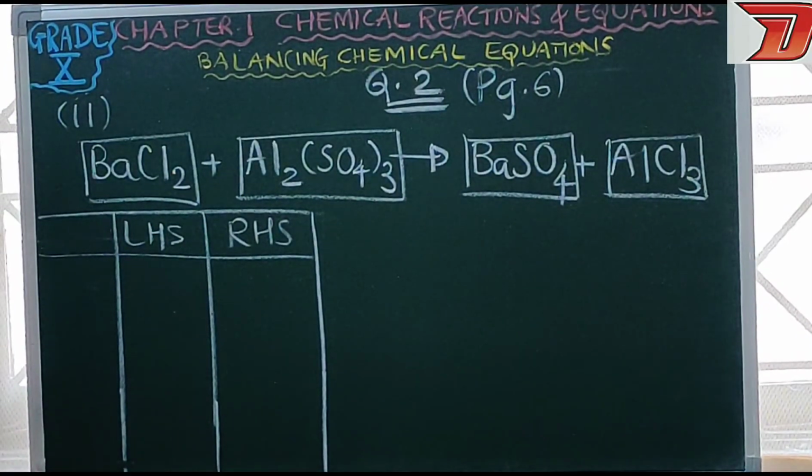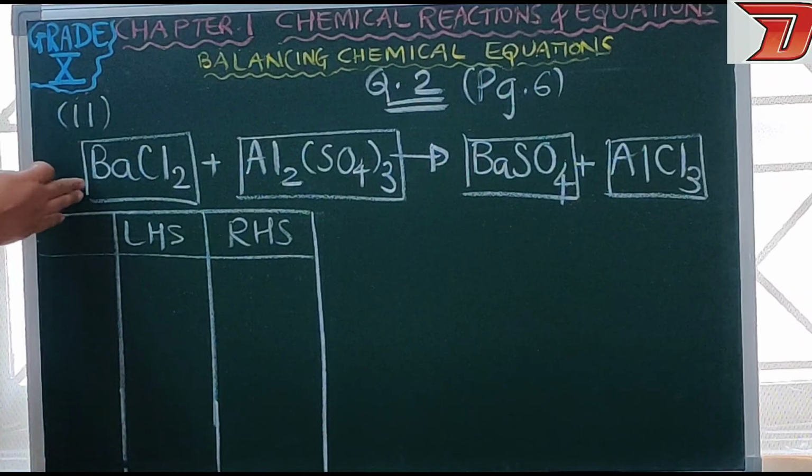Now please open page number 6. Second question. Write the balanced equation for the following chemical reactions. Three word equations are given which are to be converted into the symbolic form first, and then we have to balance it. Okay. The first and third, they are quite easier, so I am not going to show. You have to try it on your own. The second one maybe you find difficult, so I have written it on the board.